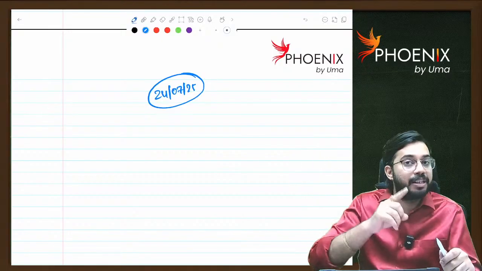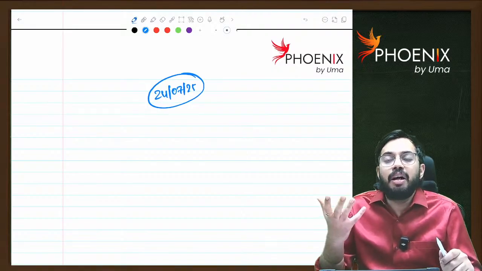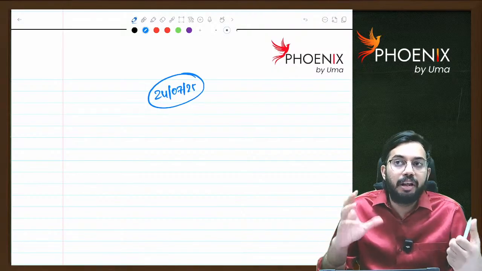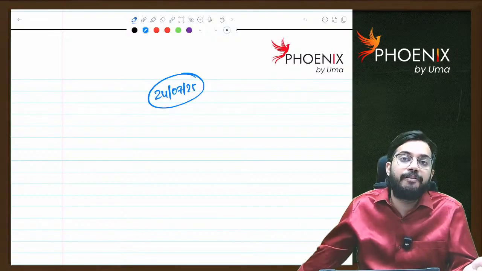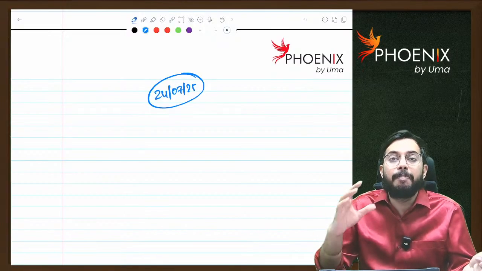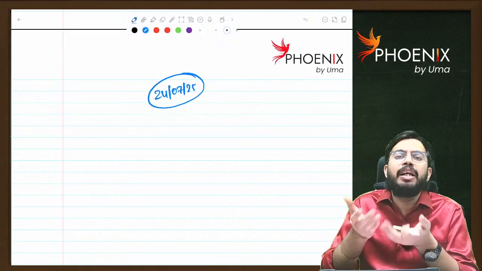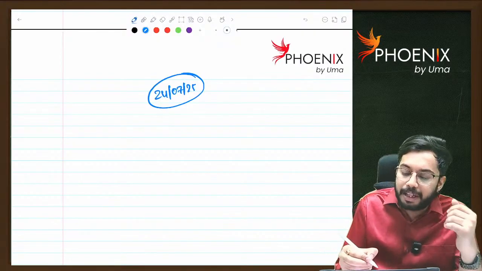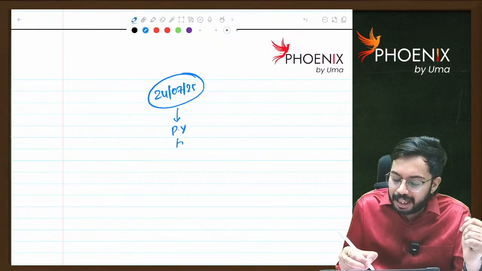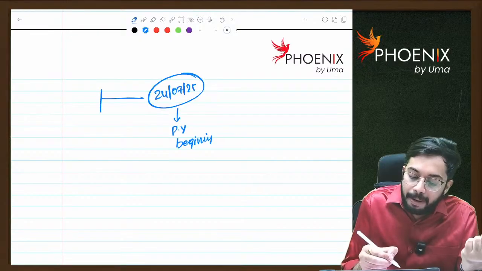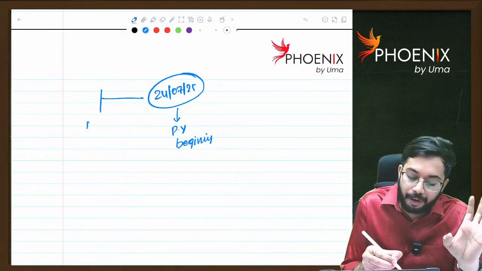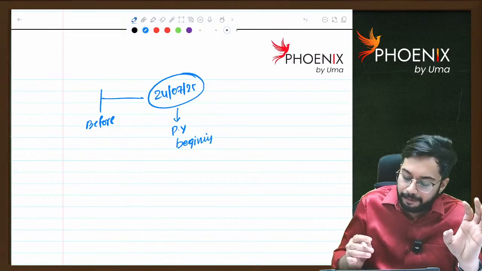Generally, previous year is 1st April to 31st March. But in case of a new business, new source of income, new profession, the previous year will start from the date of commencement of business or profession or source of income. I'm starting the trust today, so the date of commencement is today. So this is the previous year beginning. So I need to apply before 30 days, or before 1 month, I think.